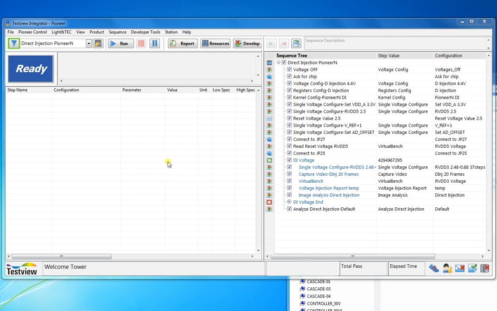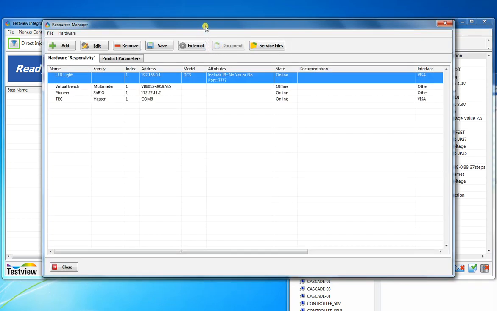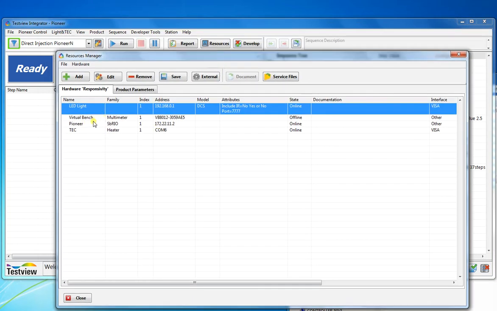In this video session of Getting Started Part B, I want to review the following parts. I want to revise again the Resources button, to go through the Product Editor, and to start looking at the sequences that we can run. So in the previous session, under the Resources, we saw how we can update and check all the hardware profiles and hardware devices that are connected to our PC.